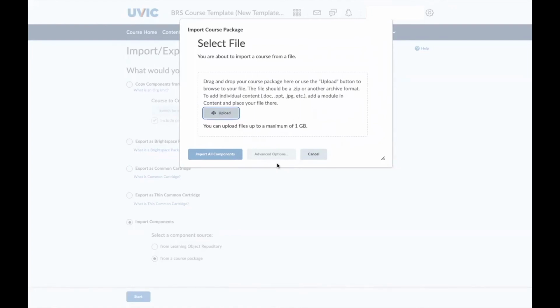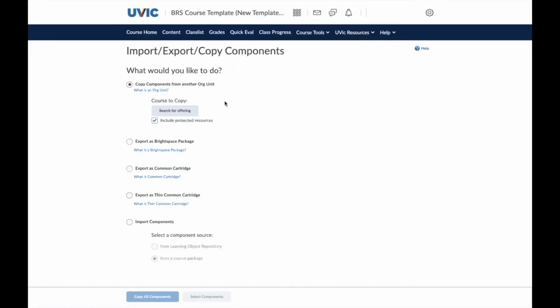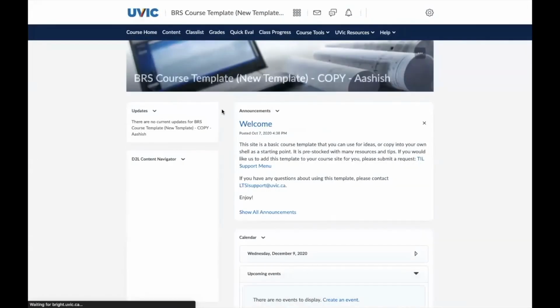Again, any content you had previously set up in your course will be untouched and still available. The template is simply added and does not remove, replace, or reorganize anything when imported. We will now go over how to edit items and modules once the template is uploaded.